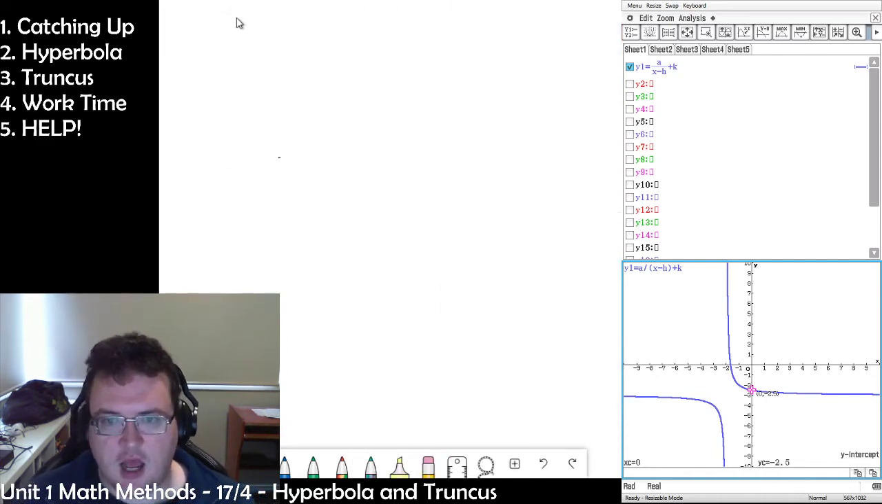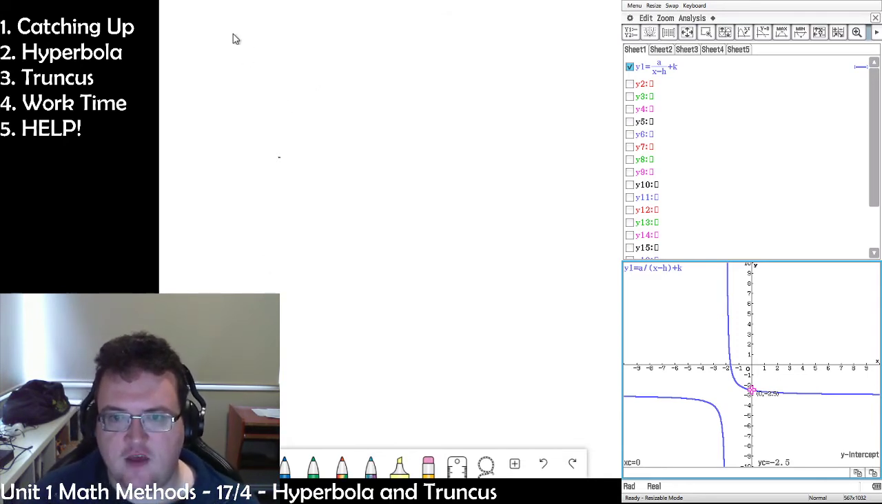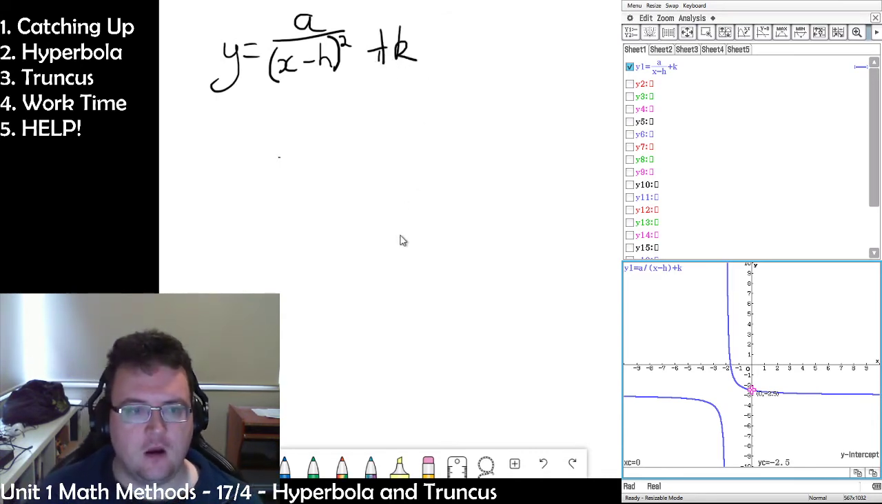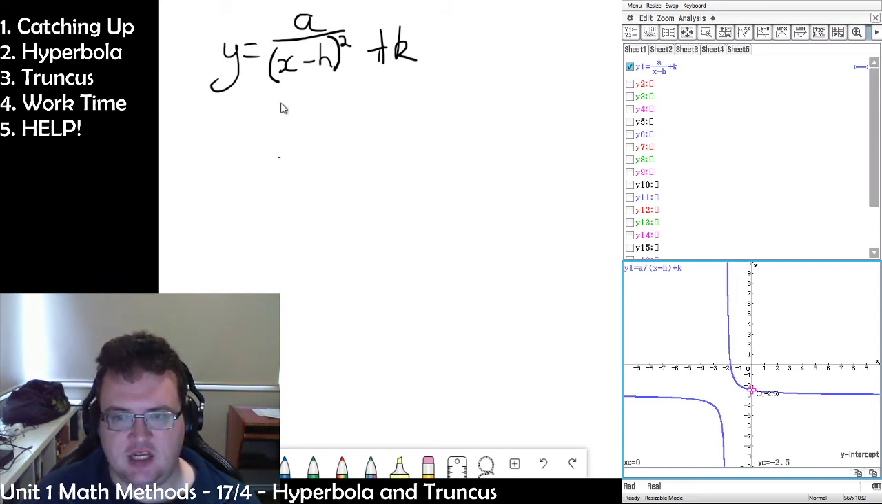Now, truncuses are very similar to hyperbolas, which is why they're lumped in together. And what we have is y equals a over x minus h, squared, plus k. All right, very similar to hyperbola, except the whole bottom, the denominator of the fraction, is in brackets and it is squared. And what that does is it creates a lovely little situation where the graph,